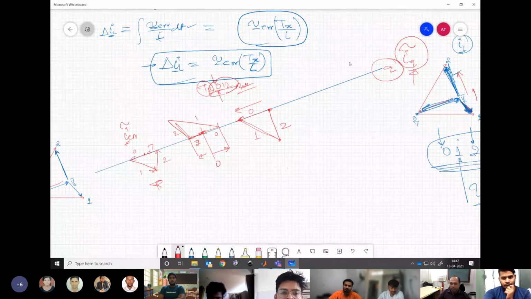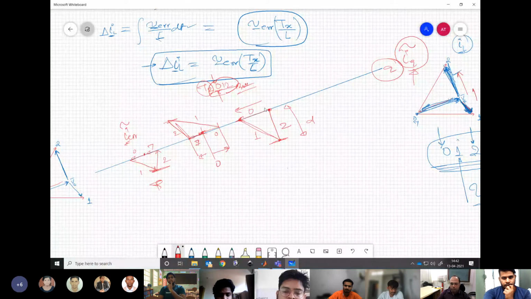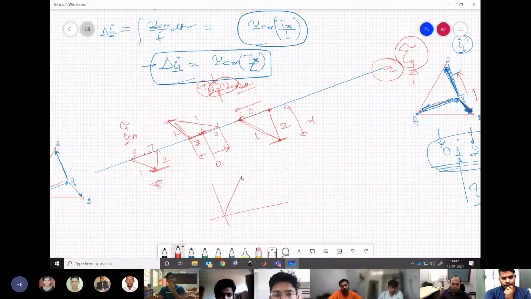Getting my point? D-axis ripple is the same because it is the same height that it is achieving. This D-axis ripple is the same, but on the Q side it is only shifted. So if you plot on Q, it will look something like completely going like this and then coming down. So this is how your ripple would look like on the Q axis for 0, 1, 2.